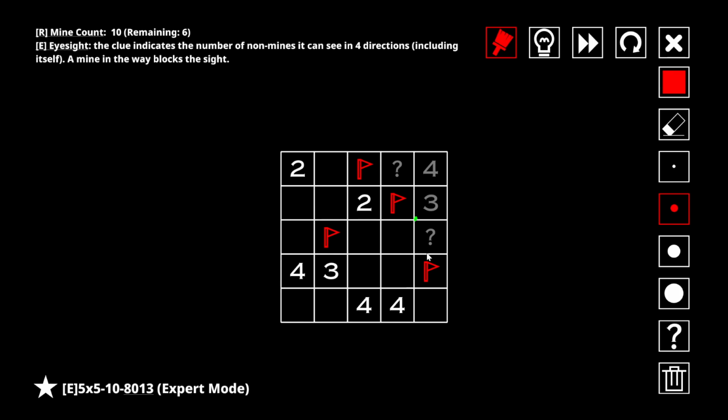I think I've already used this information, but I do know that at least one of these two is a mine, because otherwise the 4 and the 2 would connect, which is not allowed. And I think I used that information to say, look, I can't really prove how the 4 goes, right? Because maybe it sees the square, maybe it doesn't. Although...